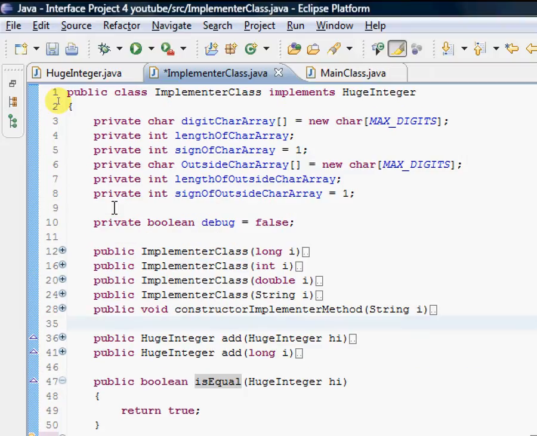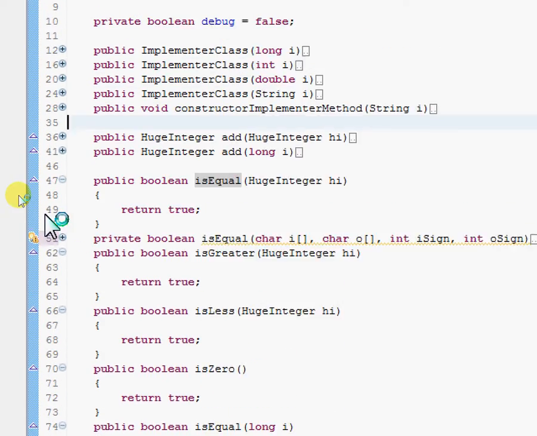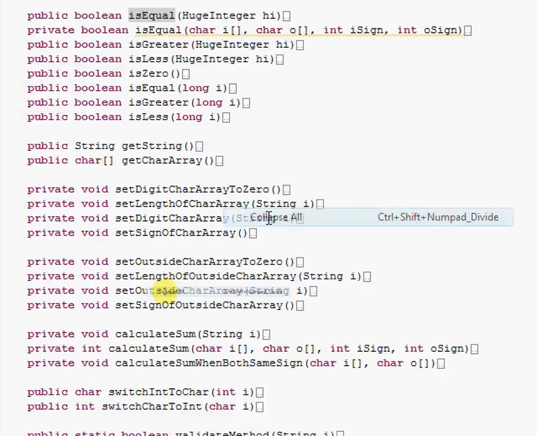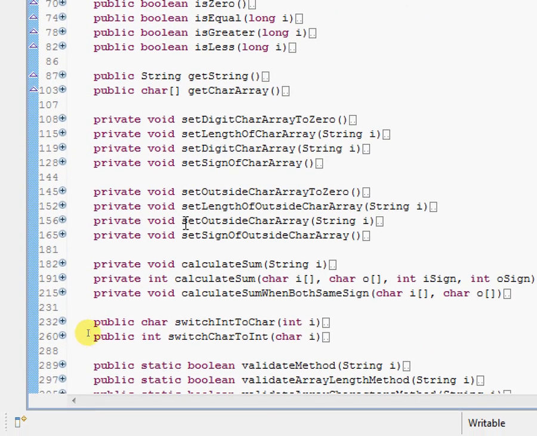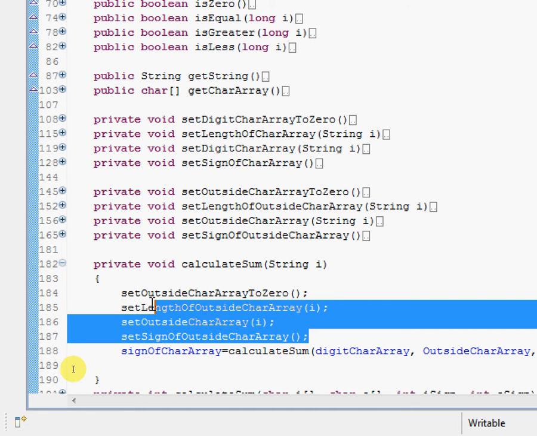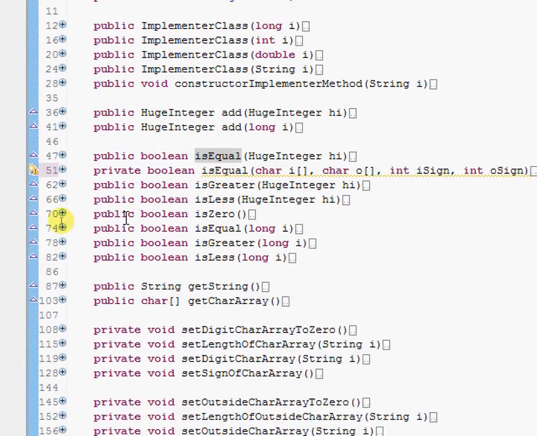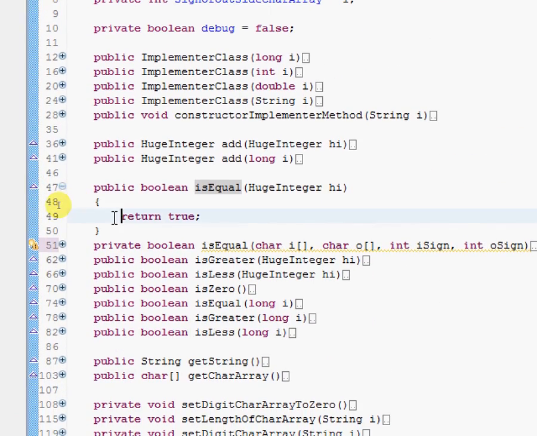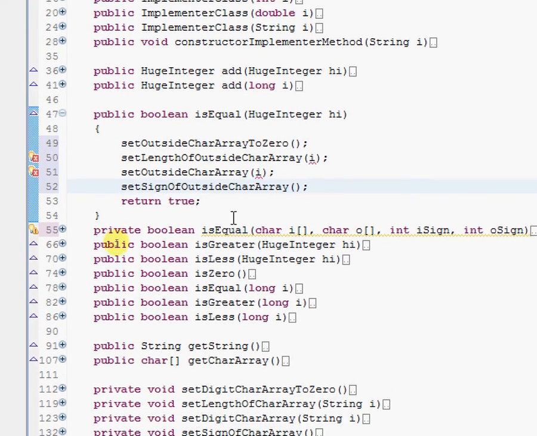So let's see, where's setting the outside character array methods? Let me right click here and go to collapse all so I can find it easier. This is what I'm talking about right here. And we did it, all I need to do is copy this set outside character array. Alright, so isEqual, set outside character array, and then what we're going to return,